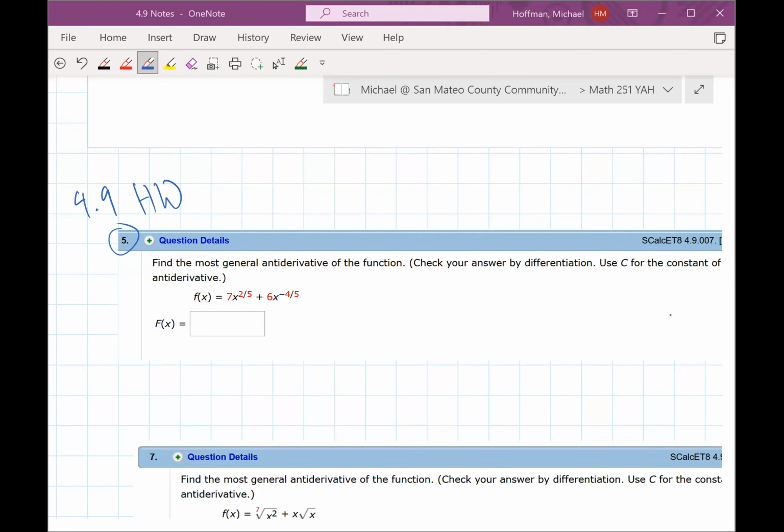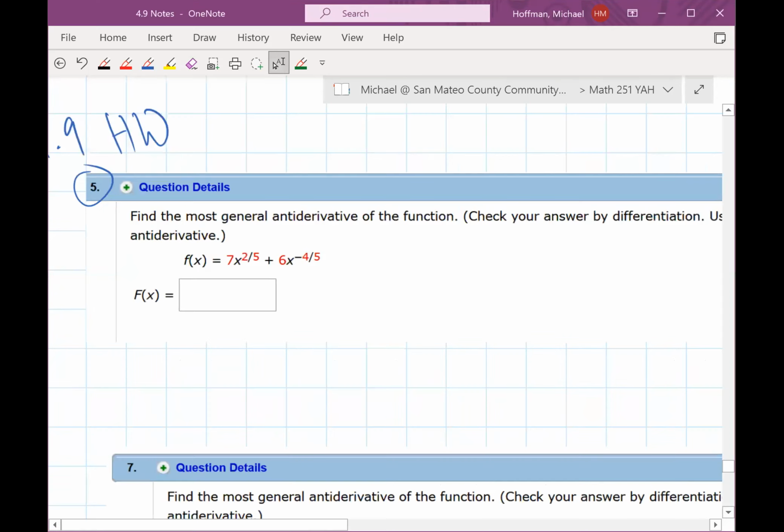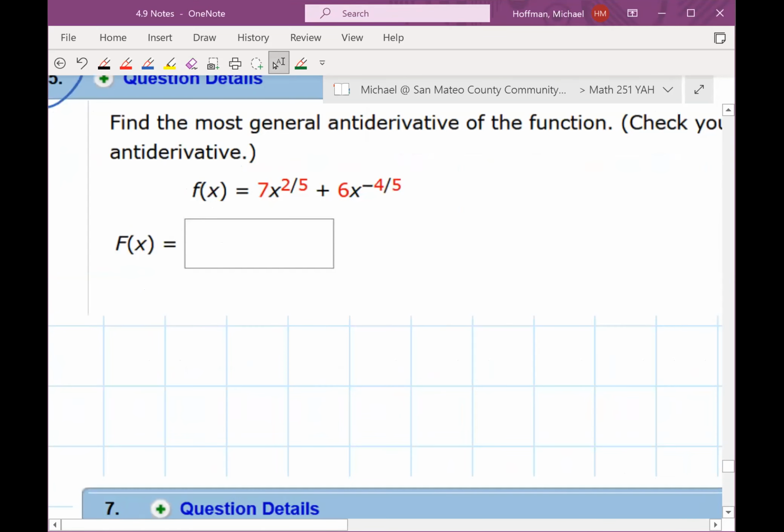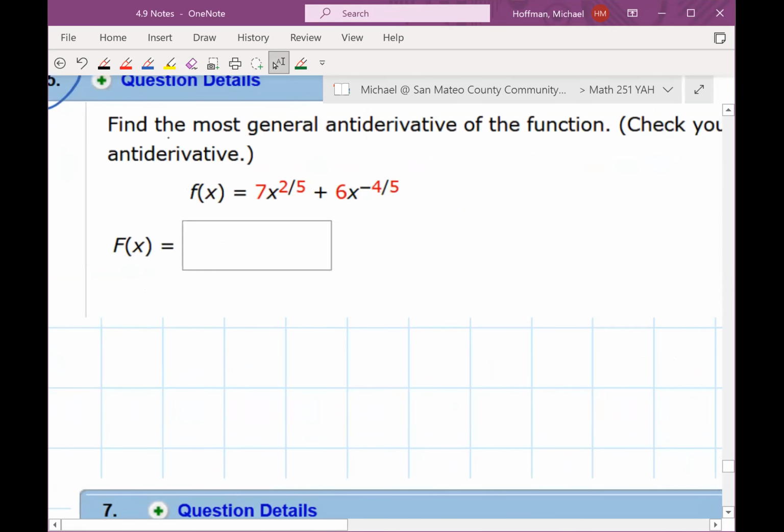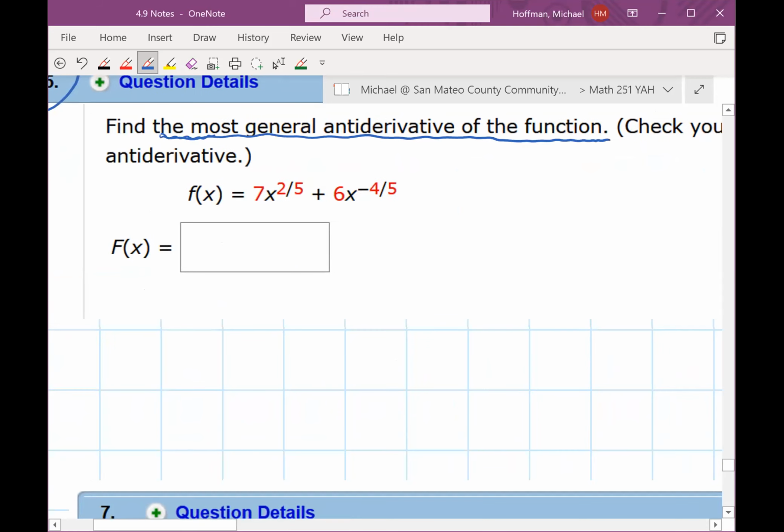All right, came down here to some homework problems so we can practice what we just learned. We're looking for the most general antiderivative of the function. This is problem 5. What I'm going to do is make this look like stuff we recognize. In fact, what I notice here is this is a sum of a bunch of power functions, right? So if I take the antiderivative of this,